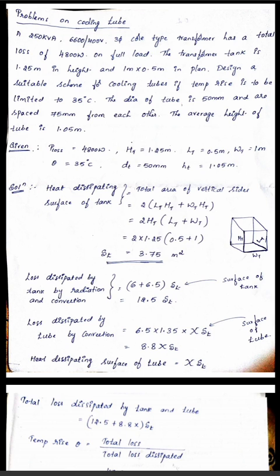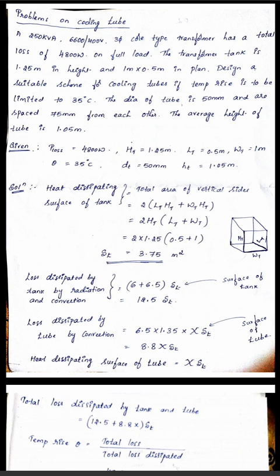Average height of tube is not a tank value, it is a tube value. The average height of tube is used to find the length of tube. So the length of tube depends upon the height of the tank. Here the height of the tube is mentioned, so it is taken as ht. All the tank values are written with capital letters and the tube values with small letters, just to differentiate both. The design procedure is the same for all problems. What I explained in the last video, in the same way we are solving this problem.